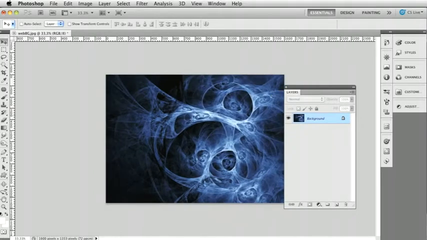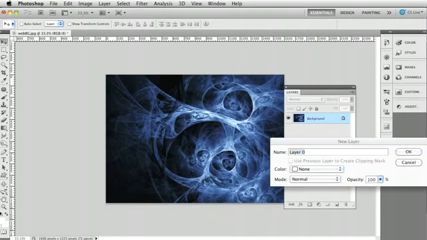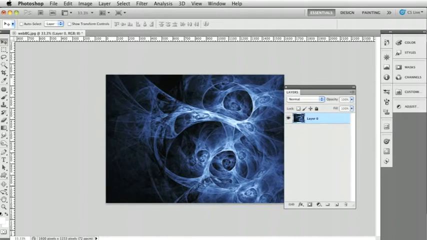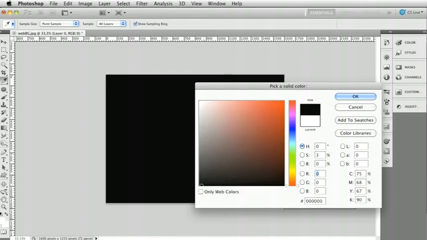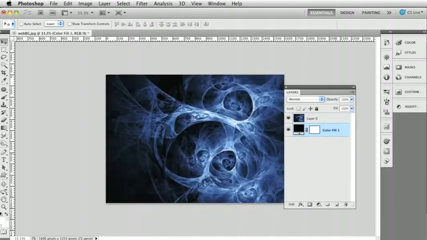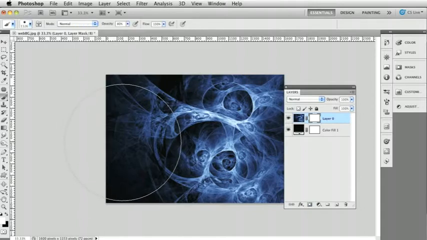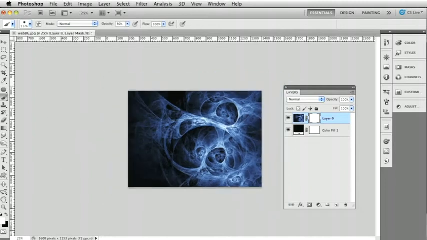For me, what I would do here is unlock this and put a solid color fill layer of whatever color I want to match into the background. Once I have that set, I can grab this layer at the top and mask it. It's going to reveal everything. From here, I can use a relatively large brush, because I zoom out a little bit, and using my black color on a soft feather brush,